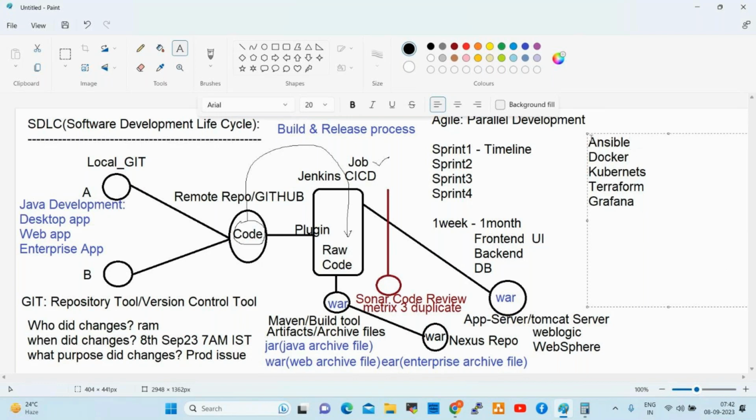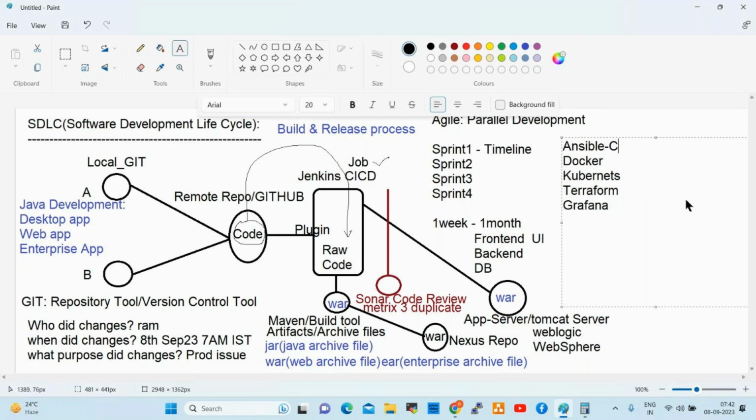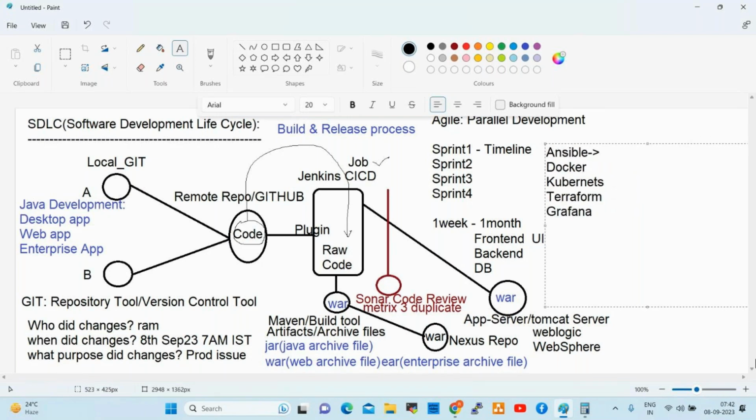So what is Ansible? Anyone having an idea? Ansible is a configuration management tool, an automation tool. So what is Docker?